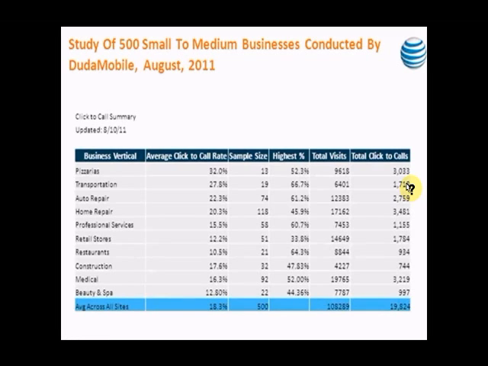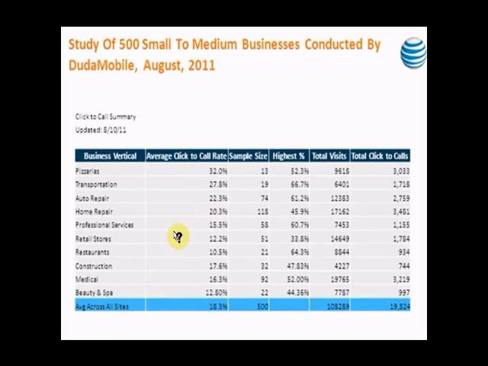They're going to click on the first auto repair company that's mobile. Right? They're not going to go searching and scrolling and try to find the number. The first website they find which says auto repair, come and save me, here's a click to number, that's the one they're going to ring. Home repair, same thing. 3,481 click to calls out of 17,000 total visits. That's a conversion rate of